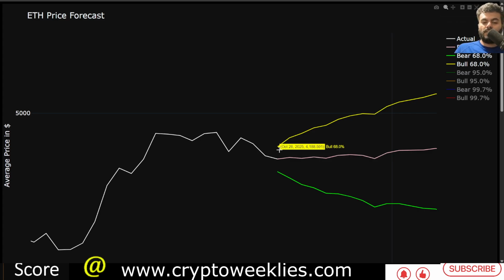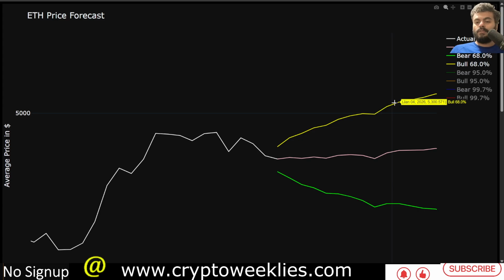If the price action stays in a non-euphoria bull run peak fashion, the price forecasted or extrapolated by the machine learning model, the ceiling for this week is at around $4,188, but closer to December and early January, the price in a non-euphoria bull run peak at a weekly average level could go as high as about $5,300.